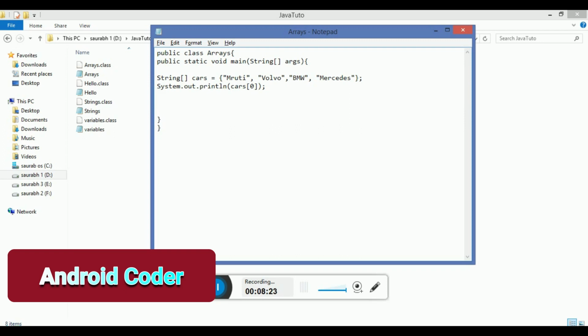To replace, just enter cars 0 is equal to Android coder.